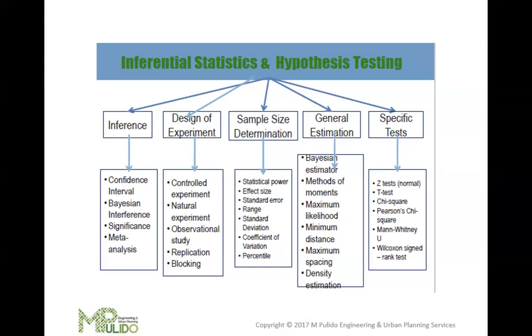Minimum distance, maximum spacing, density estimation. These are various methods for estimating population parameters based on minimizing or maximizing certain criteria. For example, density estimation to determine the probability,